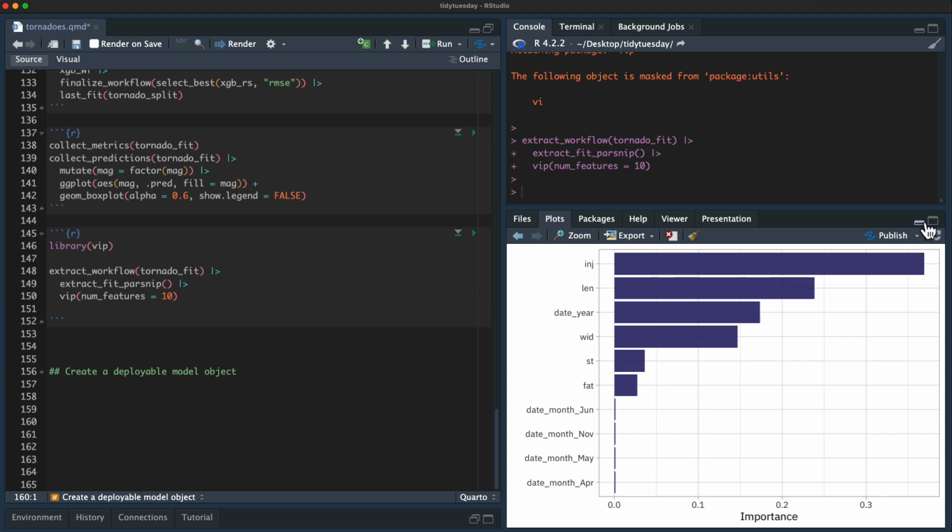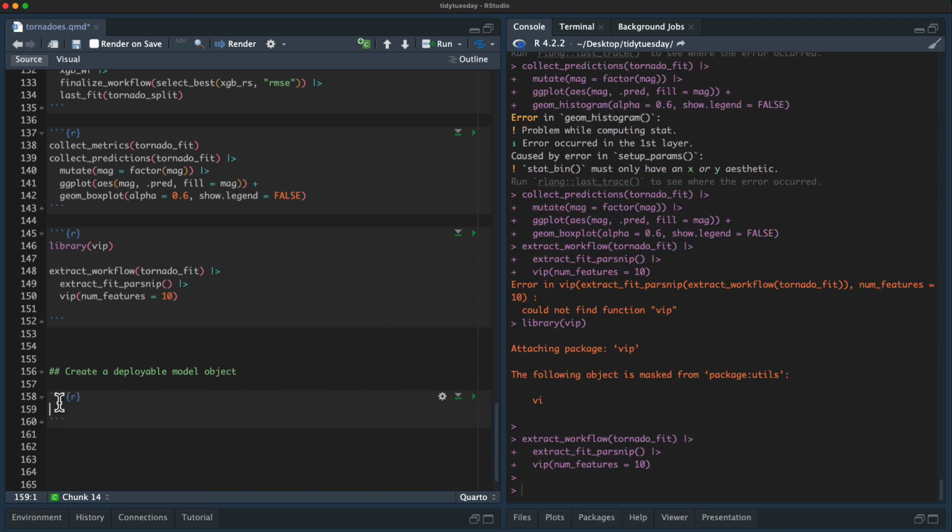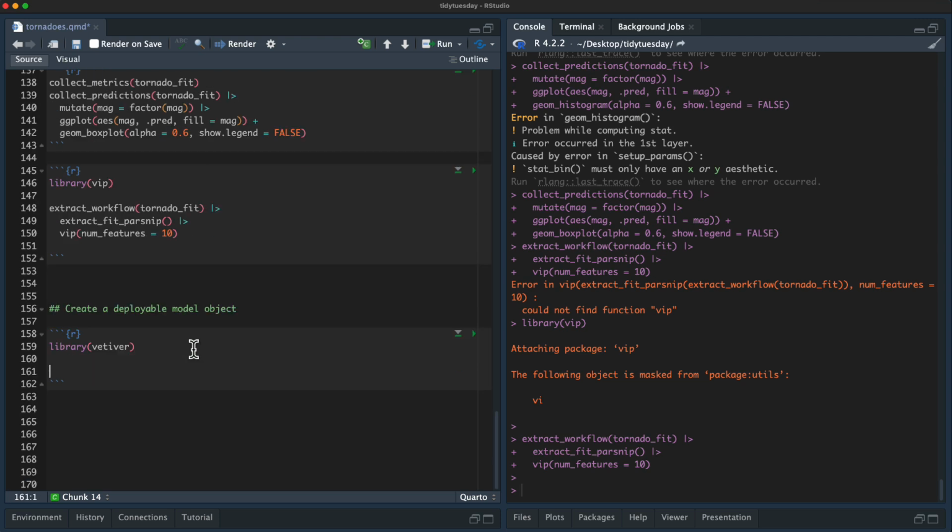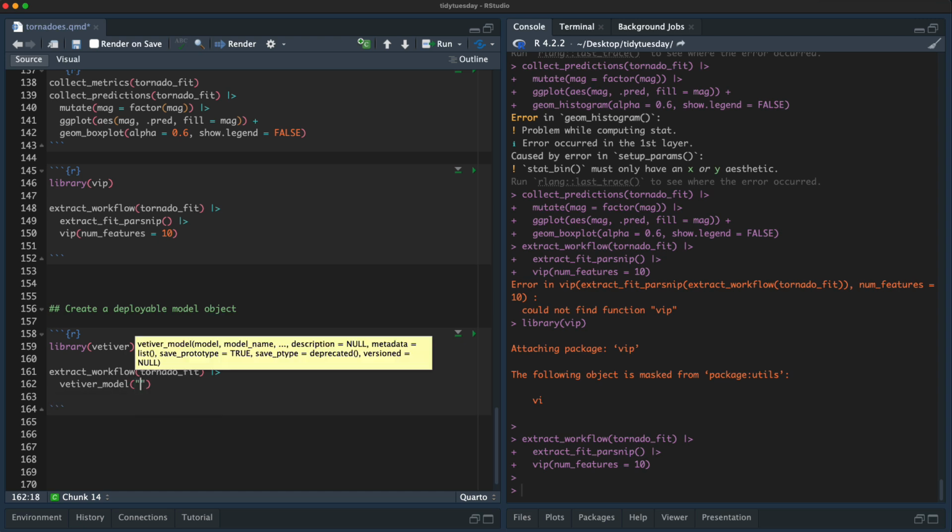As a last little thing here, it's good to ask when you are done with your model, and if the goal is for you to deploy your model, then we're not done here, but instead we need to move towards deploying it. So I can create a vetiver model here, passing in the fitted workflow, and then give it some sort of name, like tornado xgboost.